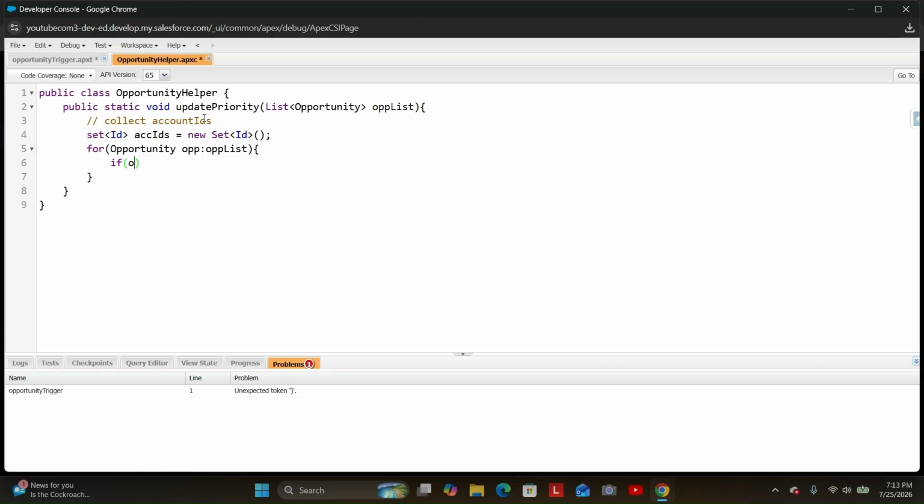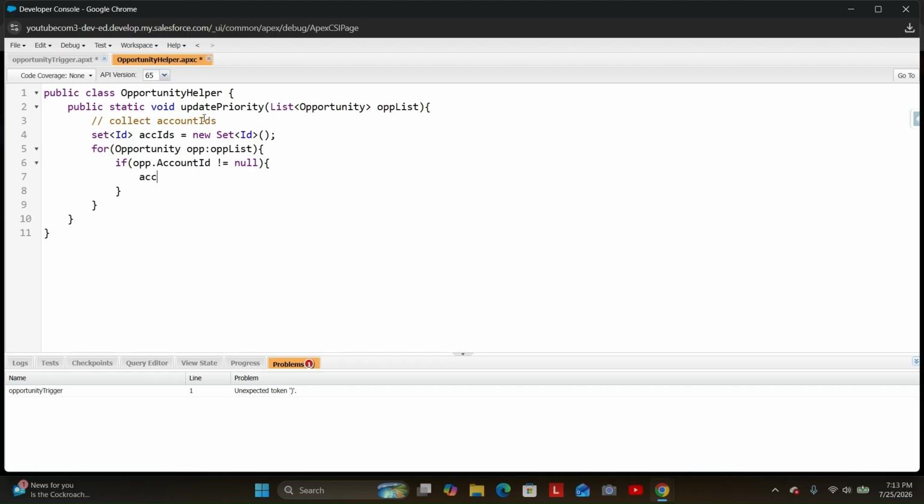Now if opp.AccountId not equal to null, then accIds.add(opp.AccountId). This means all account IDs will be added into my accIds, and outside the for loop,